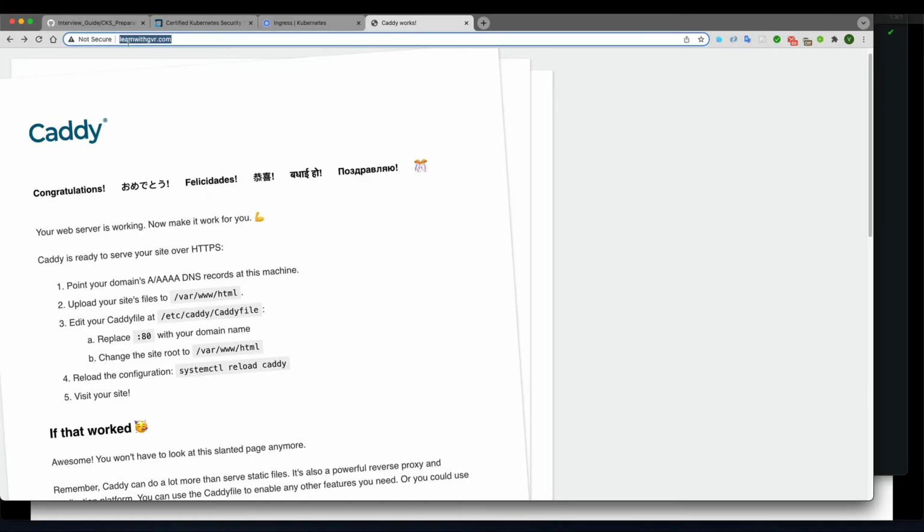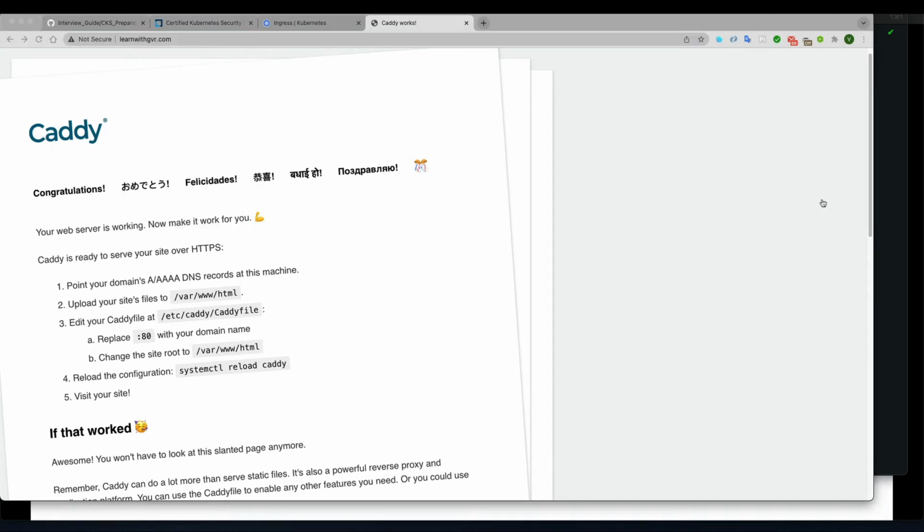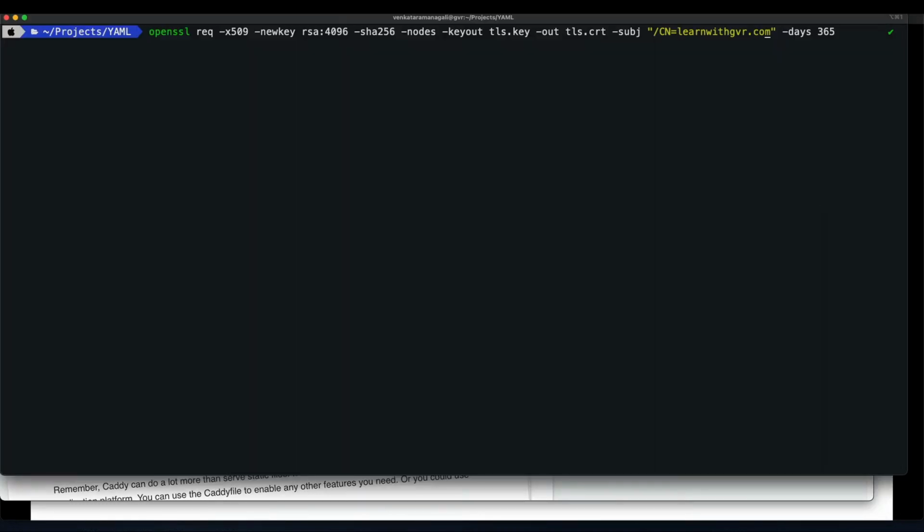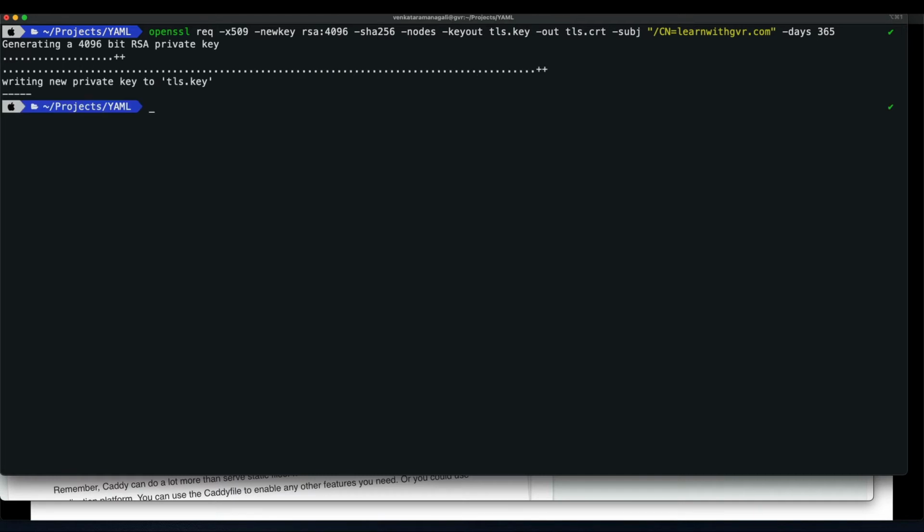So let me copy this so that the subject is given, and basically it will create a certificate. Make sure the validity is 365 days. So now it's getting created.